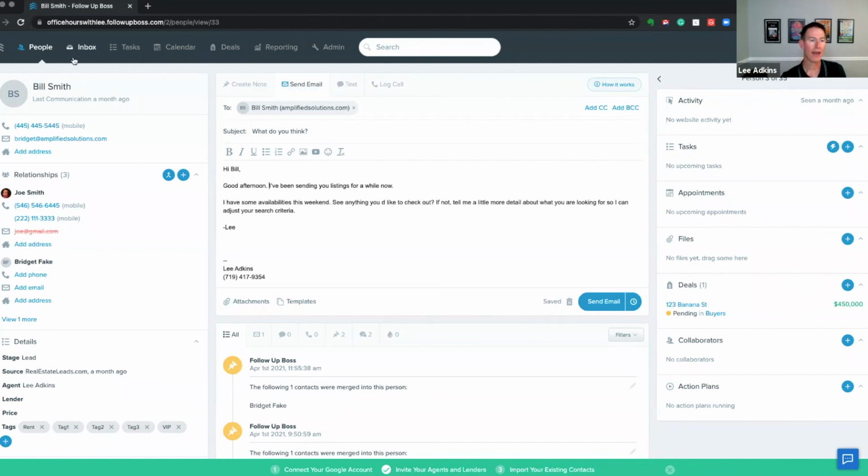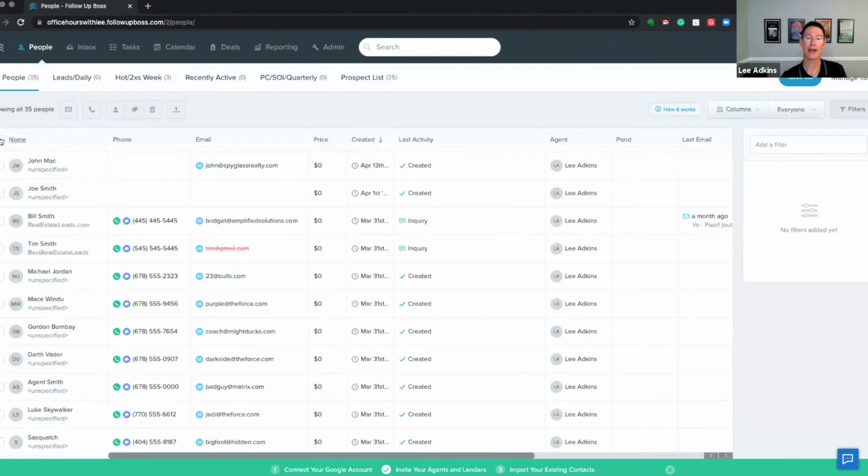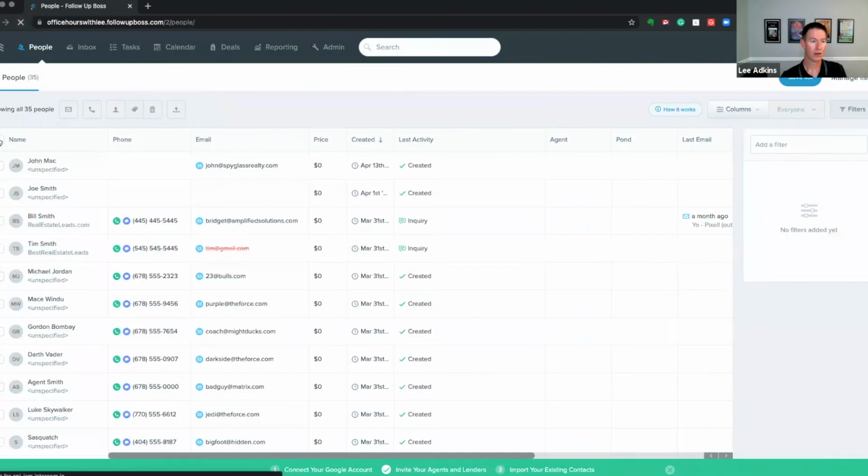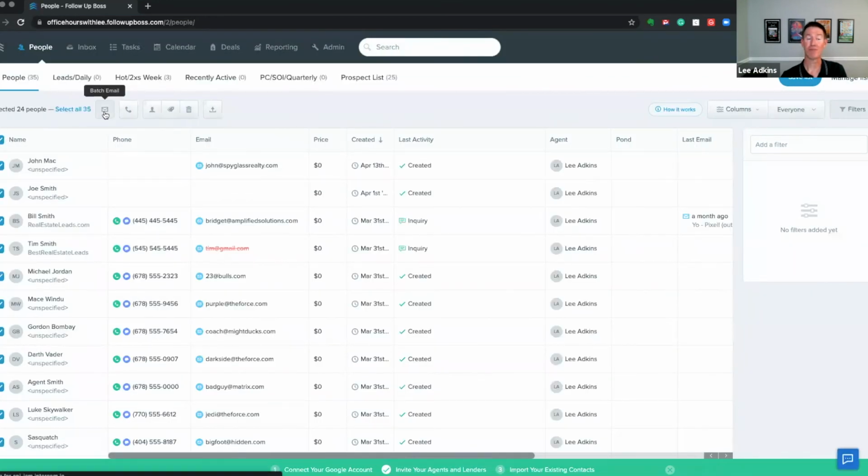Well, before I go out of that, if I had email connected, you can also use email templates in your batch email. So you could click on all the people. It's not working for some reason. And then if batch email was connected for me, then I could also send a template through batch. Now that template can be edited, but only globally. You can't edit it to each sender.